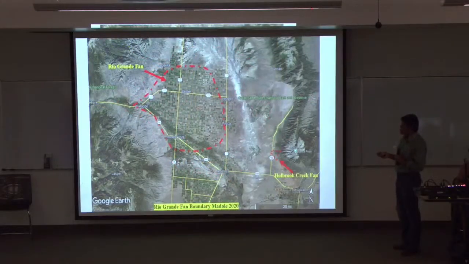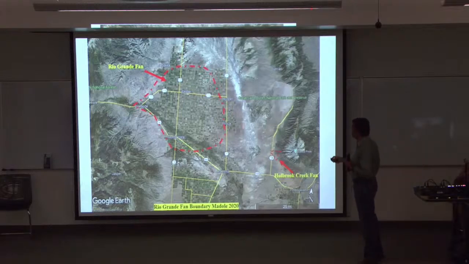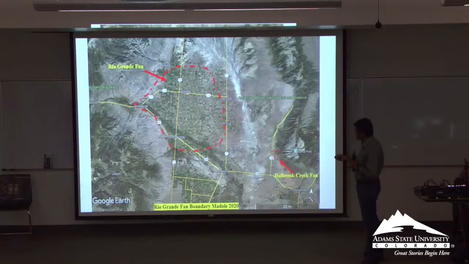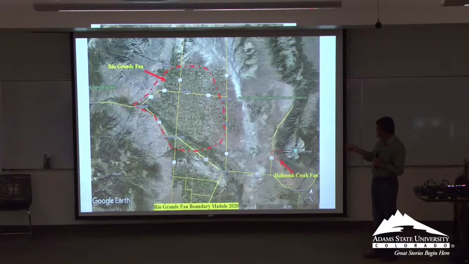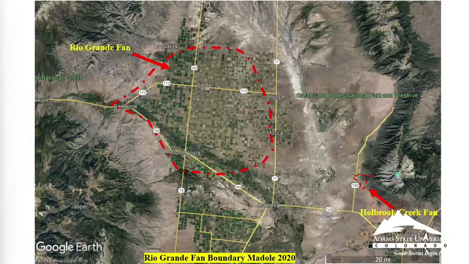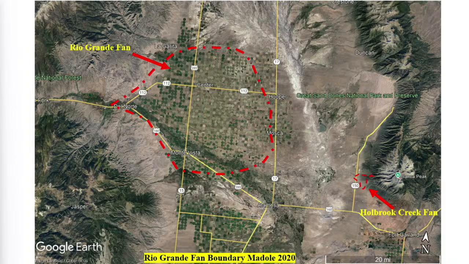Now, one thing to note here before we move forward is that the northern part of the valley is flanked by alluvial fans on both sides. You've got the Rio Grande fan and these fans coming off the Sangres on the east and the west. So it flanks this northern part of the valley. This is also where the trough or the closed basin exists. So this is the section which is the closed basin. All the streams coming out of the north end up here in this depression called the sump. And the Rio Grande flows out south and drains the southern part of the valley.